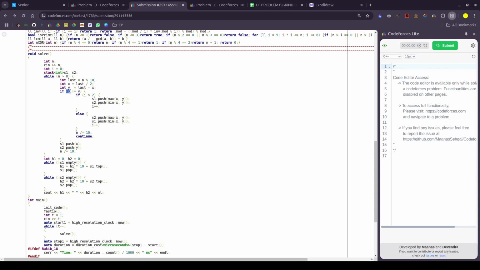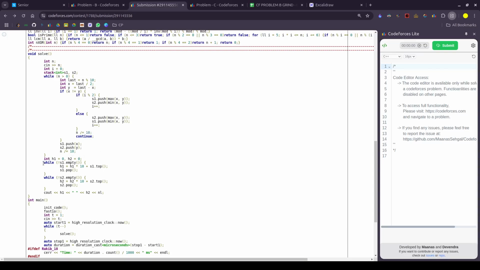If x is not equal to y, then the first time I push the maximum value into x, the I will be incremented by 1. At the time when I equals 0, I am pushing the maximum value to the second stack and incrementing I. At the second time when x is not equal to y, where one value is greater and the other is lower, then I mod 2 will be 1 the second time. I'm just tracking that, then the maximum value will be pushed into the first stack and the minimum value will be pushed into the second stack, and after that we are just updating n to take the last element,